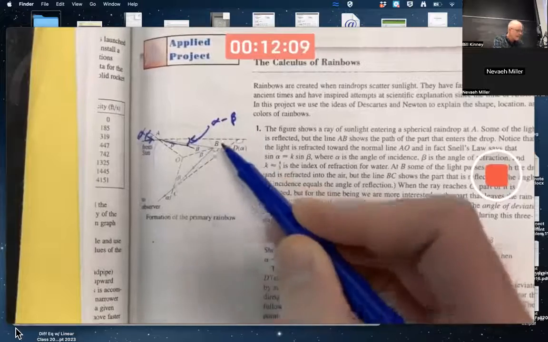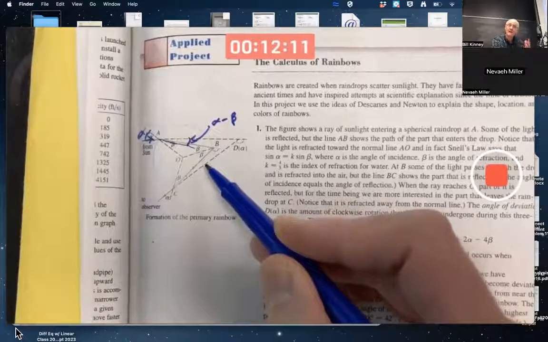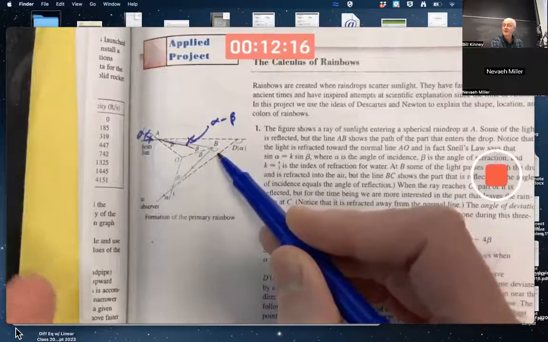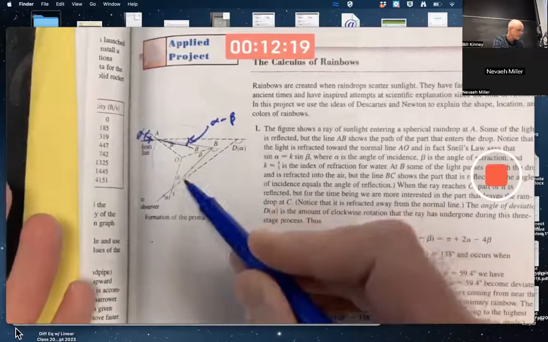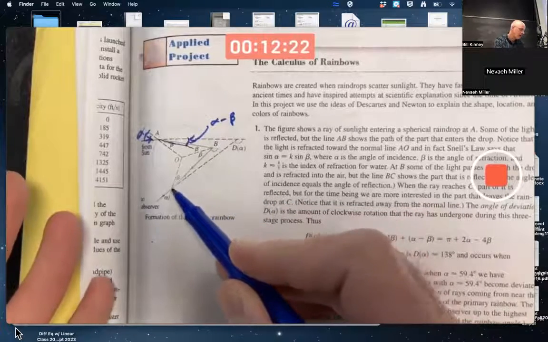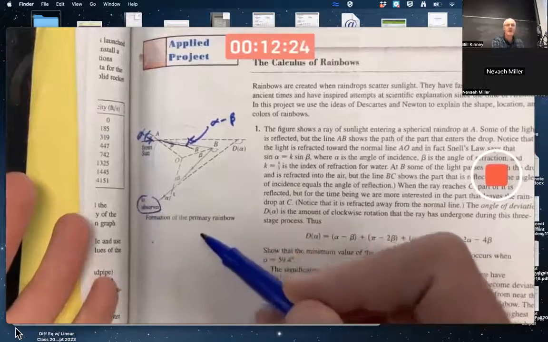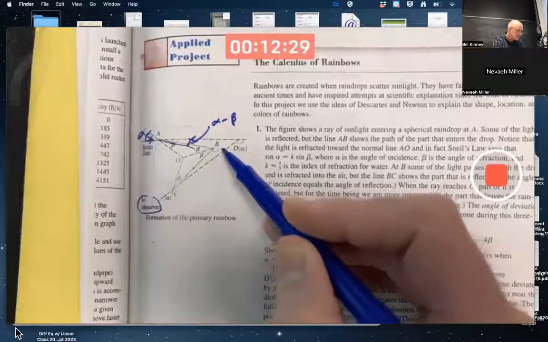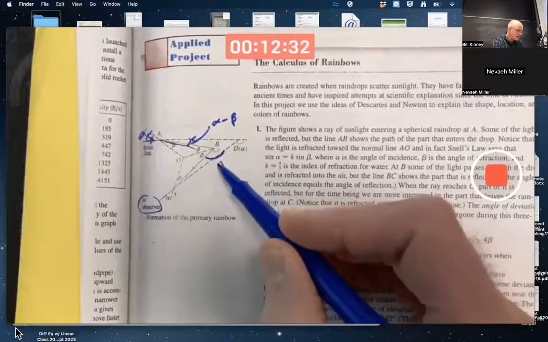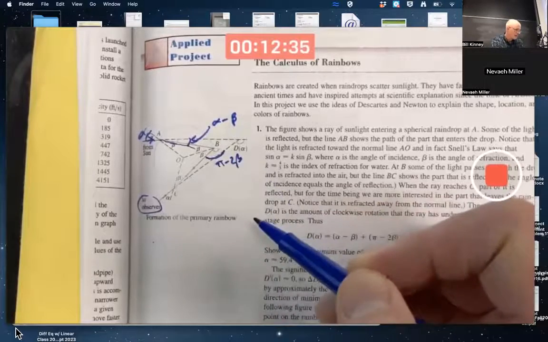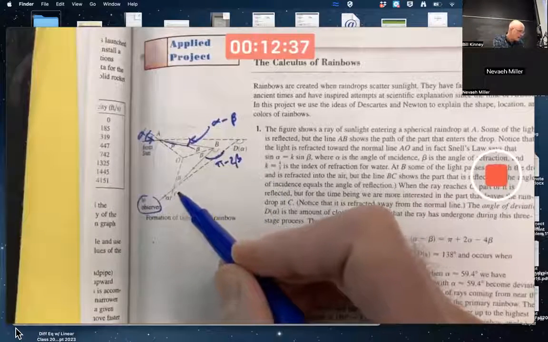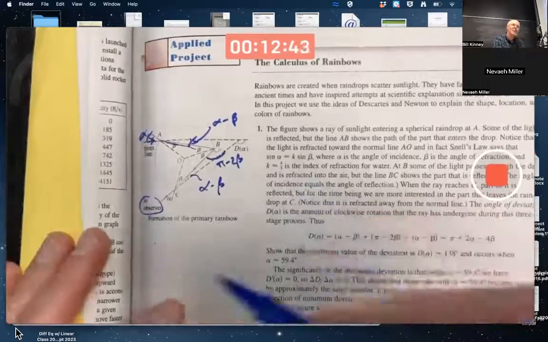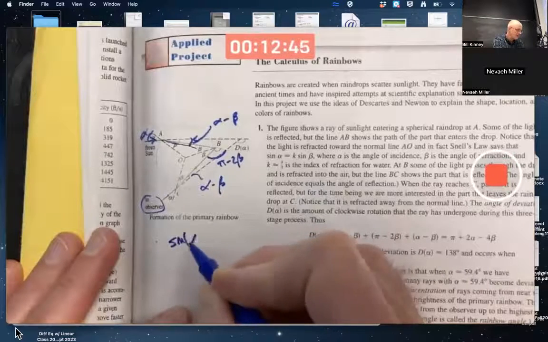beta. And then it reflects. If we're after where the rainbow is, we ignore the part of the light that refracts back out of the water droplet and focus on the reflection part of the light before it refracts again and heads to the observer down here. It bends by alpha minus beta first, then it bends by this much, which is pi minus 2 beta, and then finally it bends once more, this much, by alpha minus beta once again,